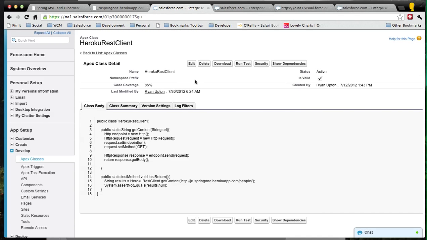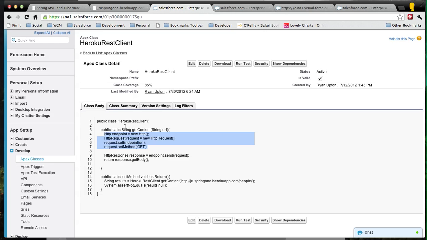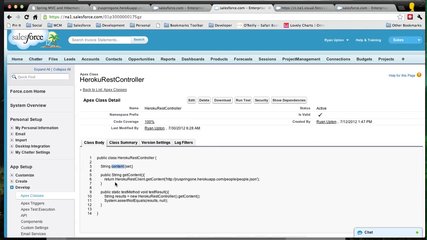So the first class does nothing more than really handle the REST integration. So this goes out, points out to the Heroku URL, which generates JSON, and returns it as the return value for that method. I've then created a custom controller, which, as I'm sure you're already guessing, calls that particular method of that class, gets the JSON string that's returned from Heroku, and simply sets it up here in a variable